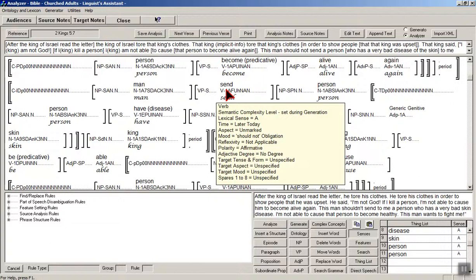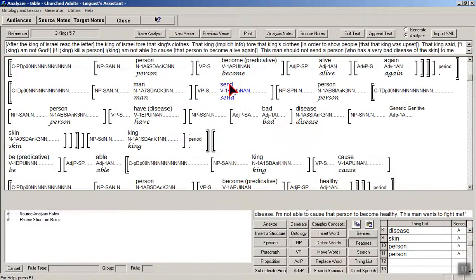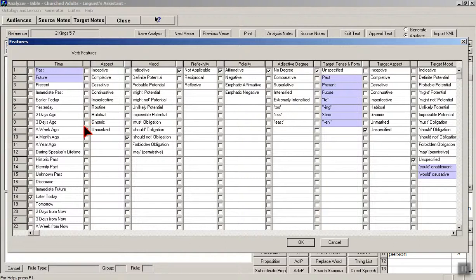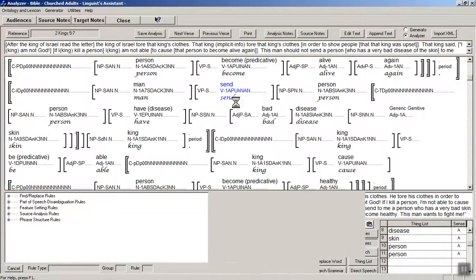Okay. Now it got, this person should not send, it says later today. And then the mood, it says should not. So the should not, it got that correct. Should not do something. But I'm going to click on features and change that to present. Or it could be should not have, should not have sent. Well, I'll put it present, but we could say in the past tense because he already did it. Should not